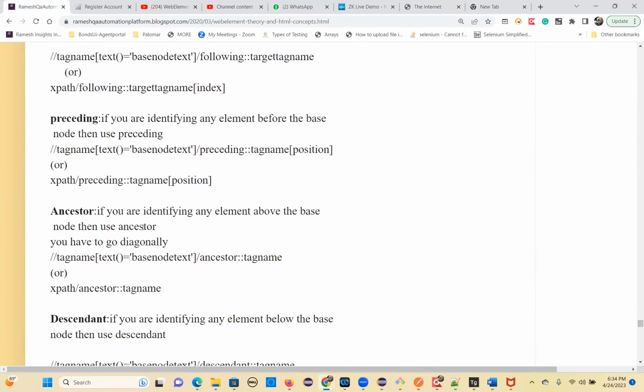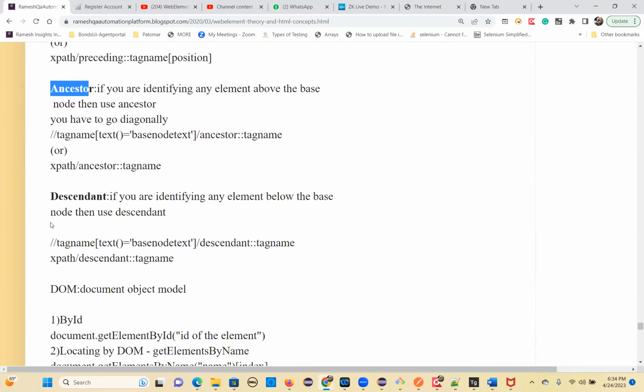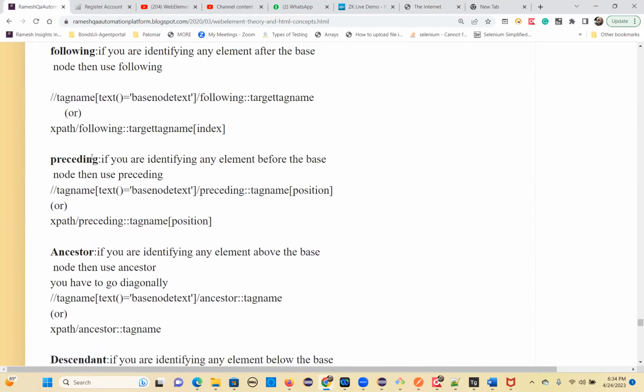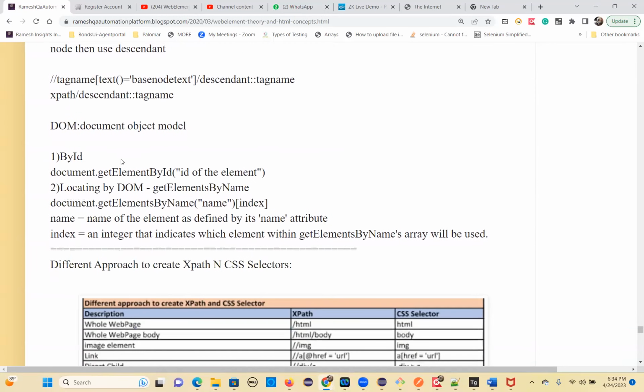If you want to identify any element above the base element, then you will use ancestor. Descendant is similar, but it goes down. So if you want to identify anything below the base element, you will use it, but this is not required. Mostly your problem will be solved by following, preceding, or contains, in most of the cases. Okay. So now,